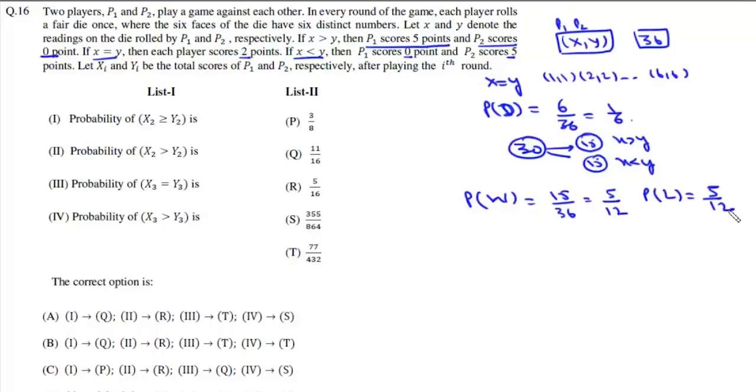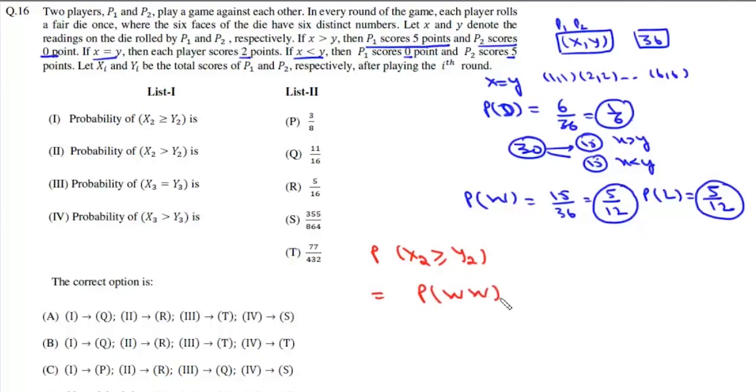So in each round, the probability that they'll draw is 1 by 6. Probability that player 1 is going to win is 5 by 12, and probability that player 1 is going to lose is also 5 by 12. Now we look at this probability, X2 is greater than or equal to Y2. Now this probability is after 2 rounds, score of P1 is either greater than or equal to score of player 2. Now this can happen if